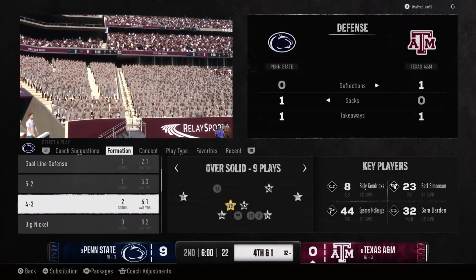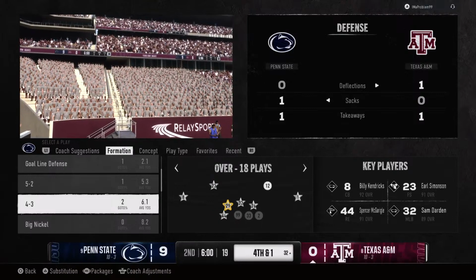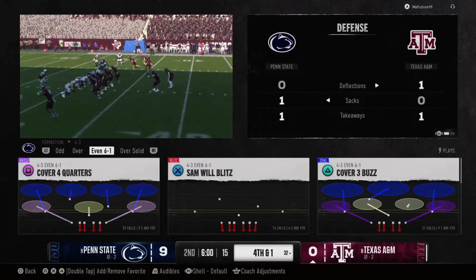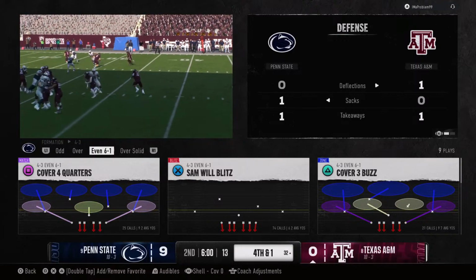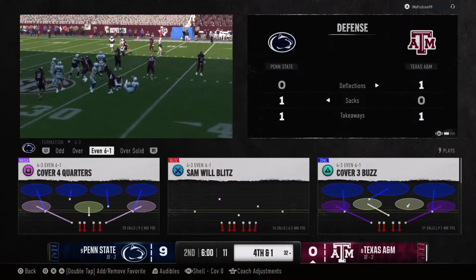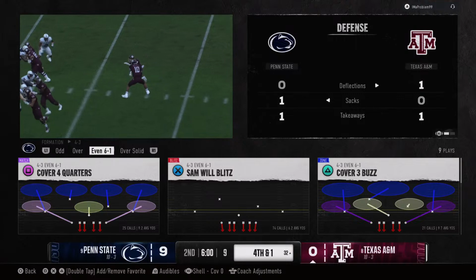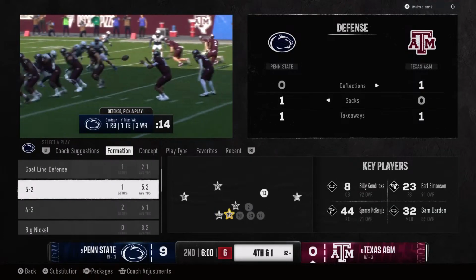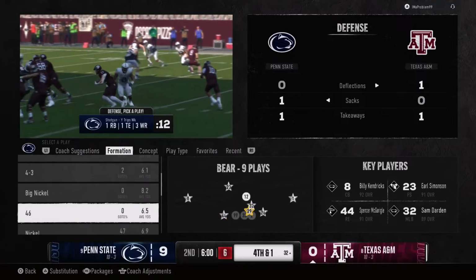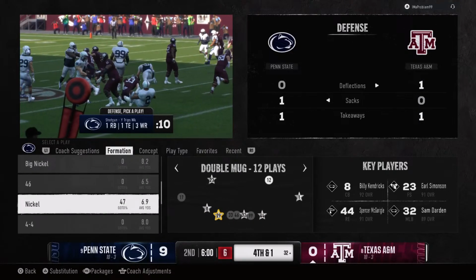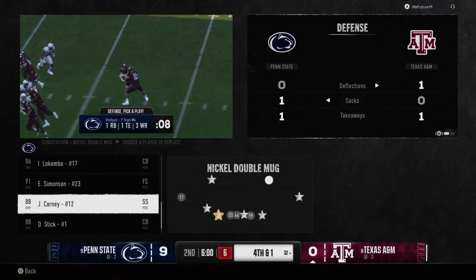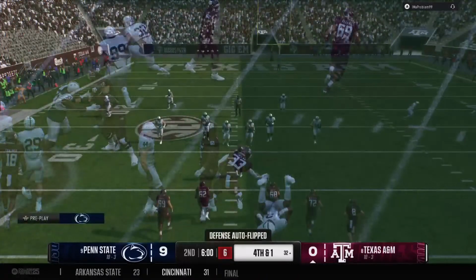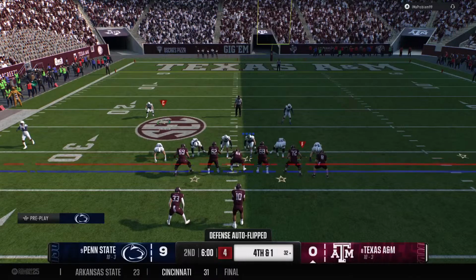Texas A&M 0. The Aggies will look to convert here on 4th down.